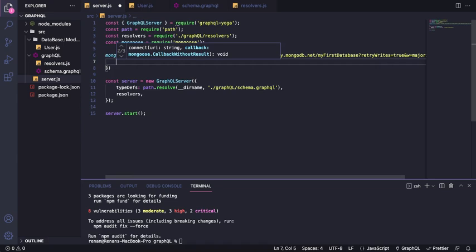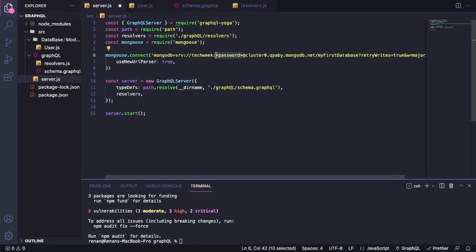We need to set useNewUrlParser as true. My password was tech. This is the password, yeah. So my password was TechWeek 2021, and my first database was TechWeek, I think, if I'm not mistaken. So save,